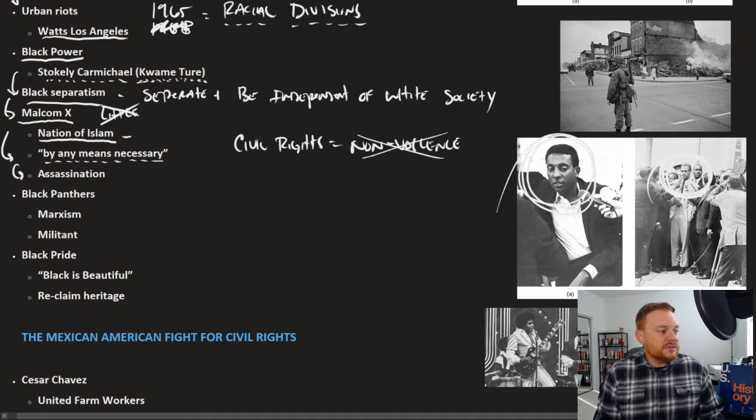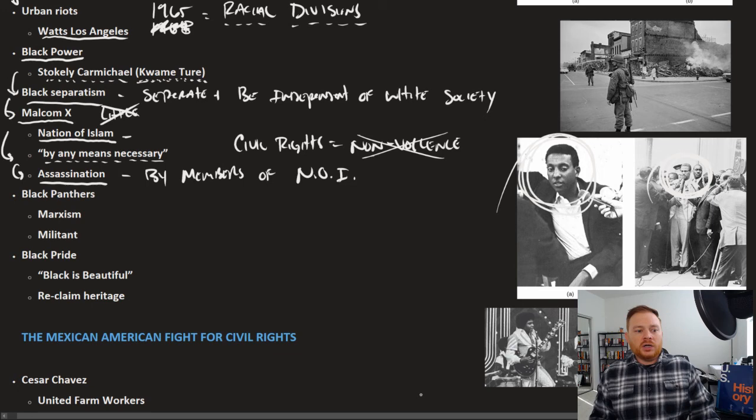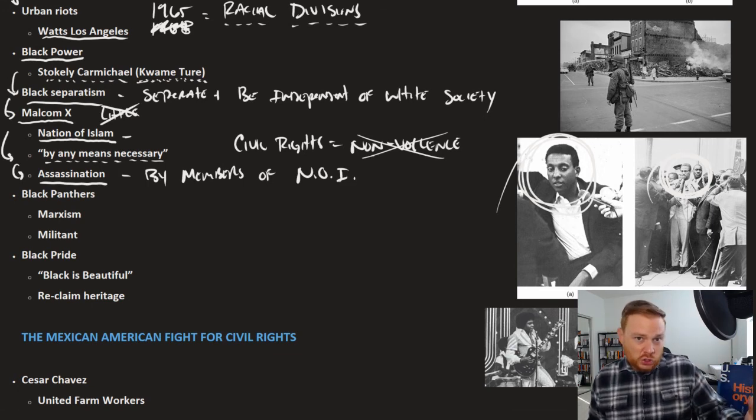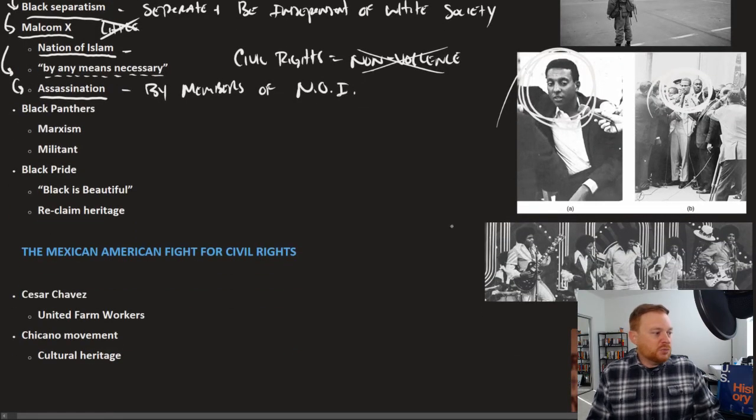In 1965, Malcolm X was assassinated by members of, I believe, the Nation of Islam, but they were members who didn't like his tone of kind of softening his rhetoric, and wanted him to take a much more militant approach to that. Another offshoot of this Black Power movement was the Black Panthers, which were a little bit different